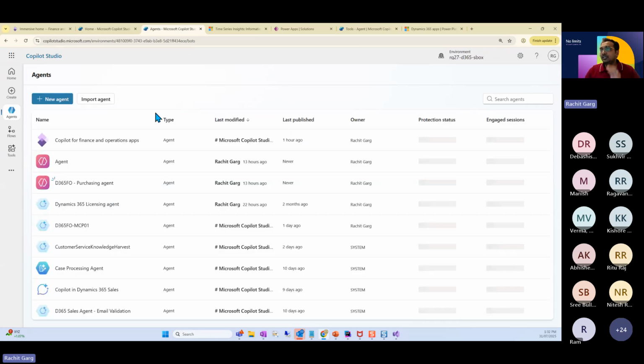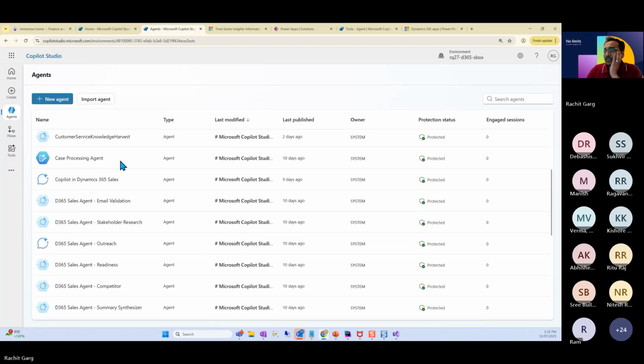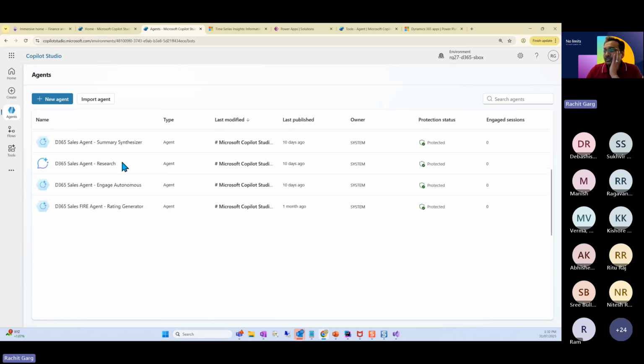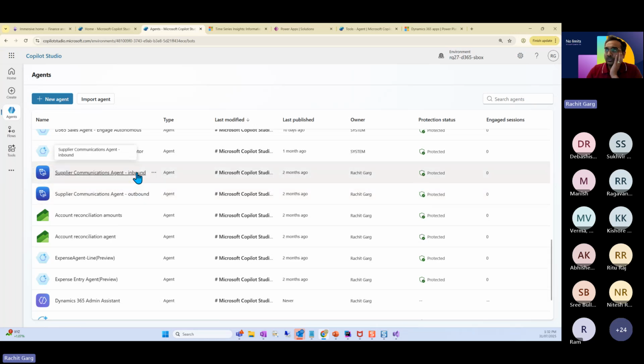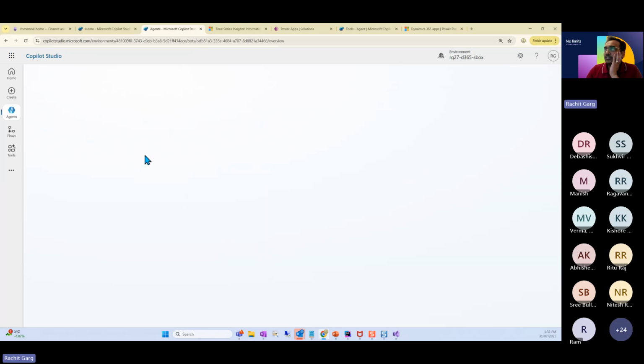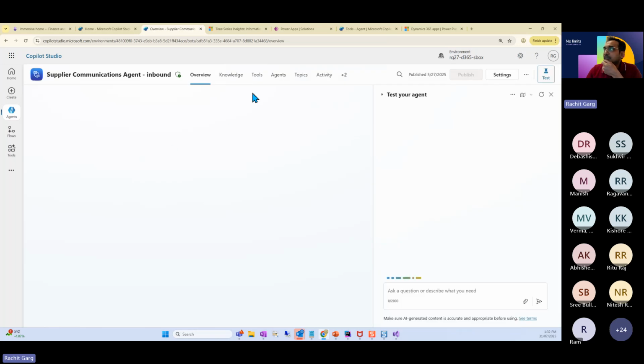Here you will see there is supplier communication agent inbound, supplier communication agent outbound. So there are two different Copilot agents which are working.